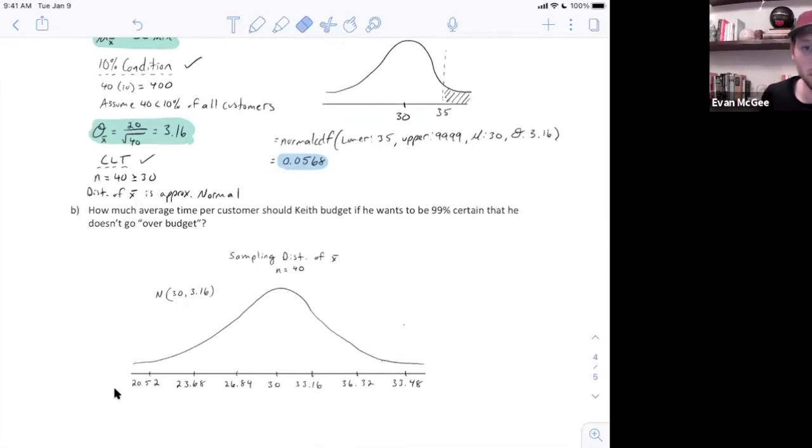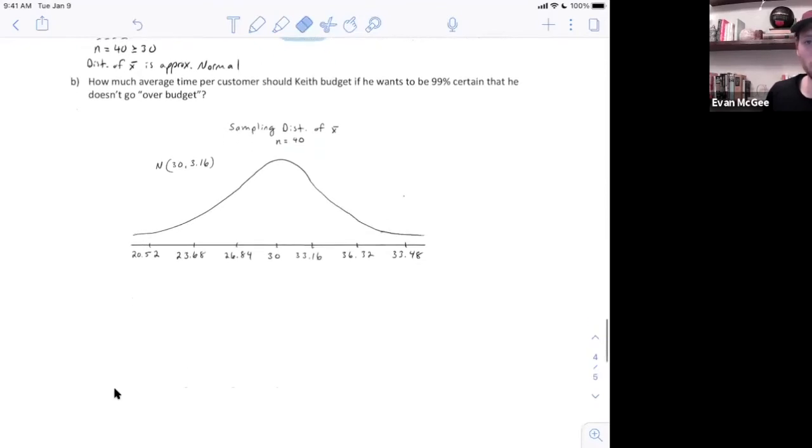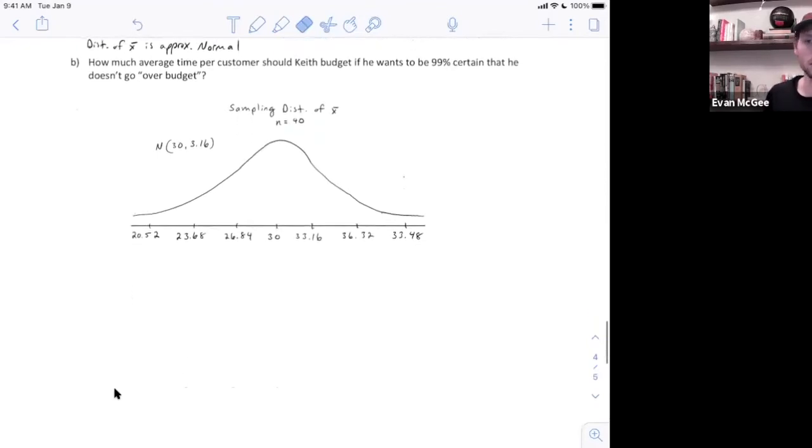This here is the sampling distribution. It's the same as what we were using before. I've already checked the 10% condition and the central limit theorem. So it's centered at 30, and I just added the standard deviation 3.16 three times and subtracted it three times, because we know that